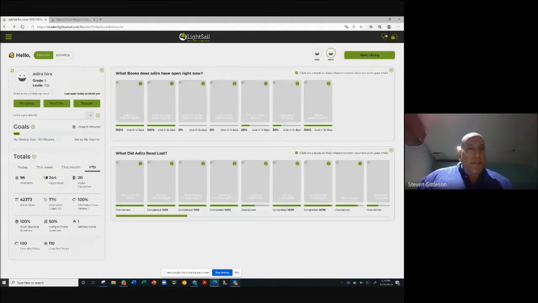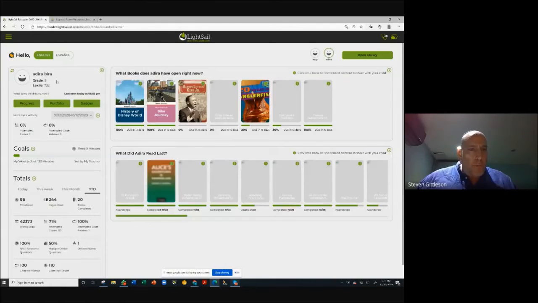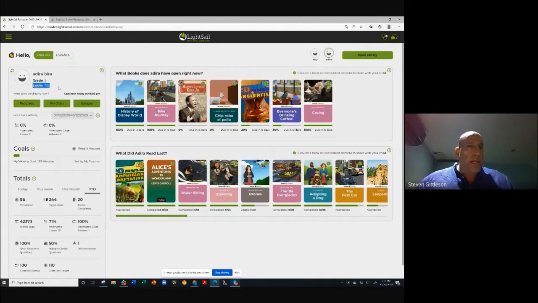So let's go back to the dashboard. And so let's quickly take a look at what I can do here. On the top here, I can see what my child's Lexile is. That Lexile is, as Eric was mentioning, a measurement. It's a number that explains the ability for your child to comprehend and decode English. And we can send information about how that number works, but that's where my child is at the moment, at 732. And every 15 days, the system grades the student automatically for their Lexile to either increase, stay the same, or decrease, depending on how well they do in answering these things called closes,